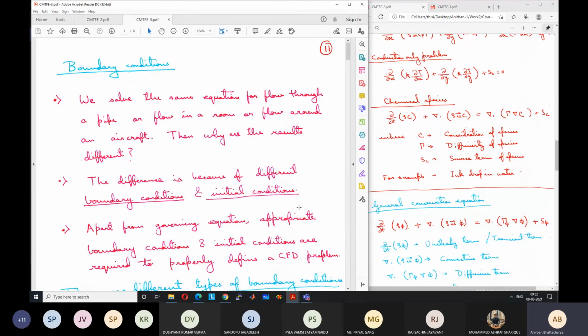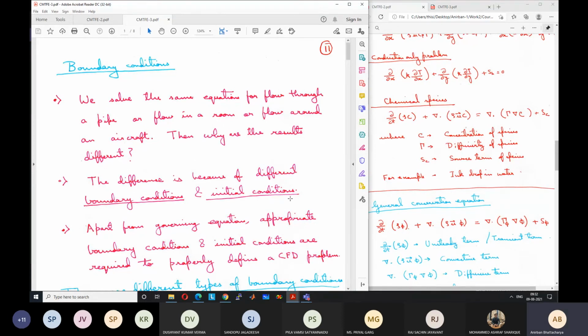Okay, it is not only at selective points, it needs to be given for the entire domain. So for all the control volumes, discretized control volumes in the pipe, we need to specify the condition for all the variables that we are solving. If we are solving for u velocity, v velocity, and temperature T, we need to specify what is the value of u, v, and T for all the control volumes at the beginning of time. Again, students make the mistake here. Students make the mistake that in many cases they don't need to give any initial condition. It is automatically taken care of by the software.